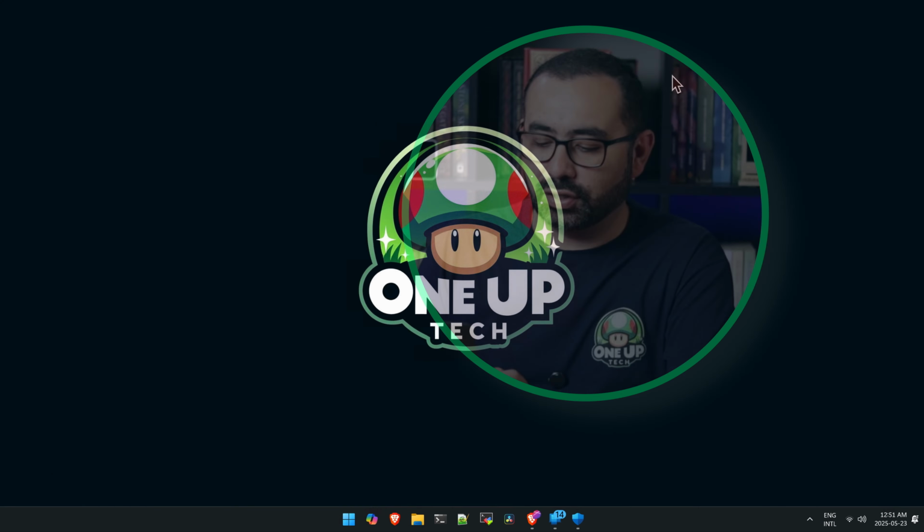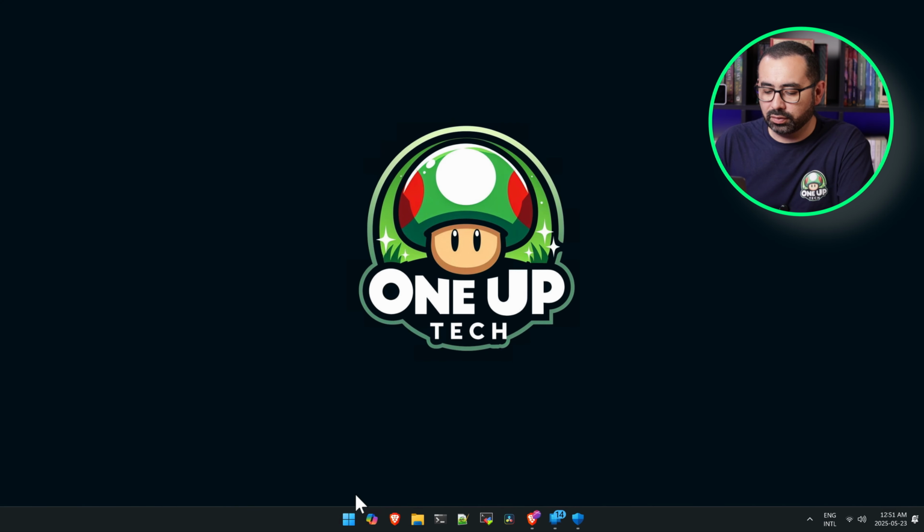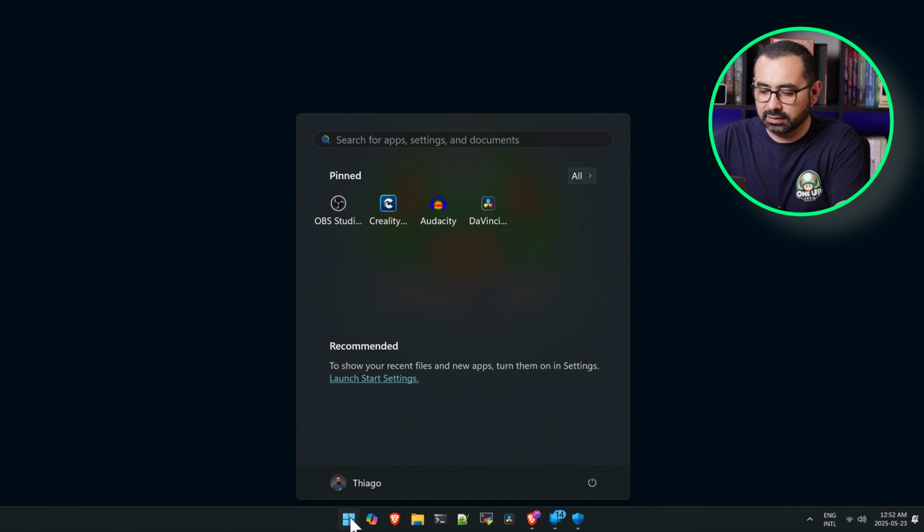Now, this one is specifically for Windows 11 Pro editions. It's called BitLocker. If you have Windows Home, you won't see this option, so feel free to skip ahead. BitLocker encrypts your entire hard drive, meaning if your laptop is ever lost or stolen, your data remains completely unreadable without the correct key. So if you have Windows 11 Pro, let's click on the Start button and type